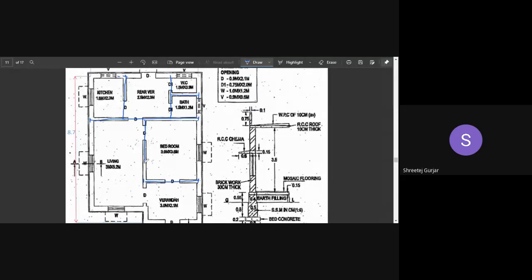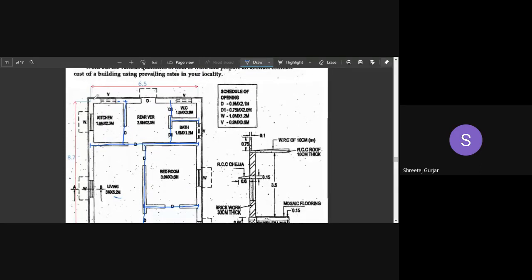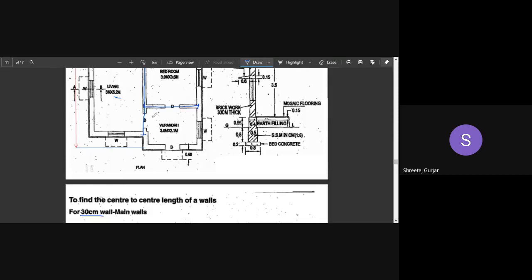This is the wall which is left, coming from here going up to here. So it will be how much? It will be half of wall thickness here, that is 0.3 by 2, plus 5.2 plus 5.2, plus 0.2 by 2, plus 0.2 by 2. So we are done with all the walls. We are done with the external walls and we are done with the center line calculation of the internal walls also. So we have covered all the walls.